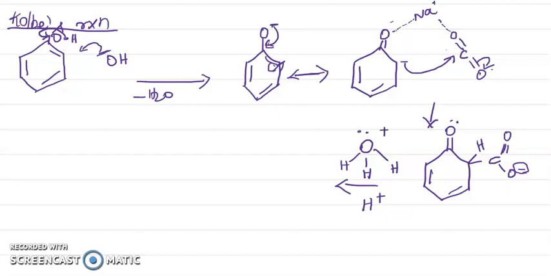Then what happened? You will get the structure. How will the resonance be here? This double bond will move here, and this lone pair will move and make a bond here. After that what happened? There is a bond between the carbon and hydrogen. So this bond will move here and make a bond in the benzene ring, so that you will get a structure like this.